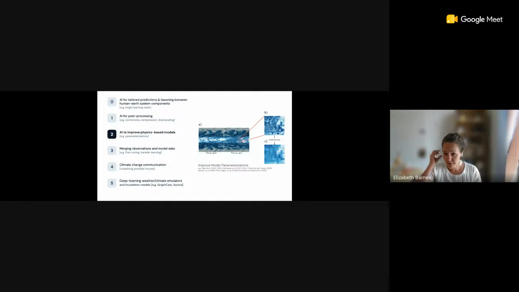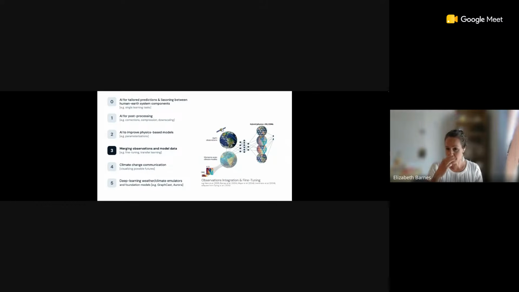AI in general can also improve our physics-based models. So rather than replacing the full model, going in and trying to make certain aspects or the physics of the model better, in this case focusing on cloud processes. Something we're just seeing really start to pick up in the research community is that we can now merge our model data and our observations in new ways, and they don't require full data assimilation pipelines like they did before. What that means is we can actually leverage observations quite a bit better than we could in the past. I think this is particularly exciting for the future of the field.